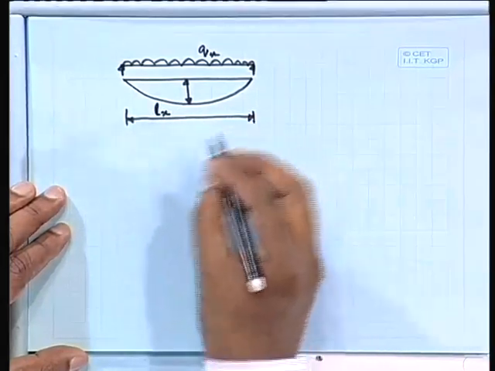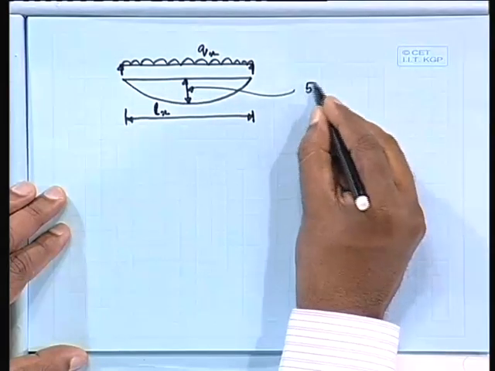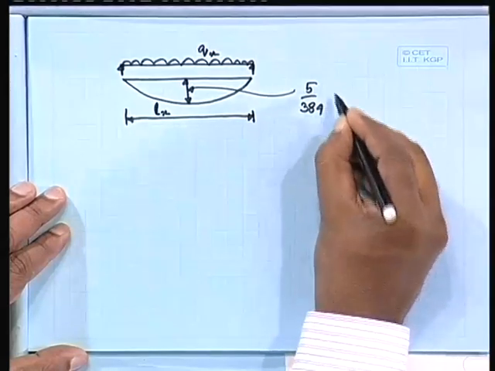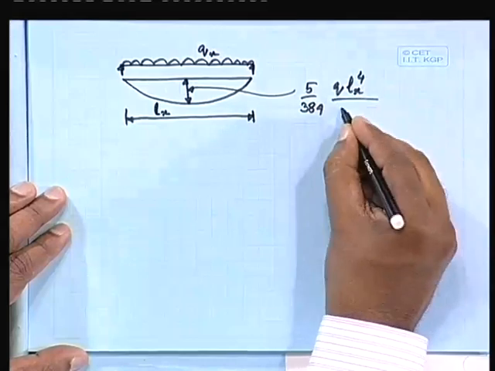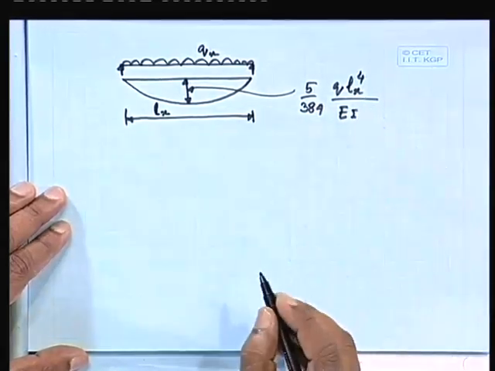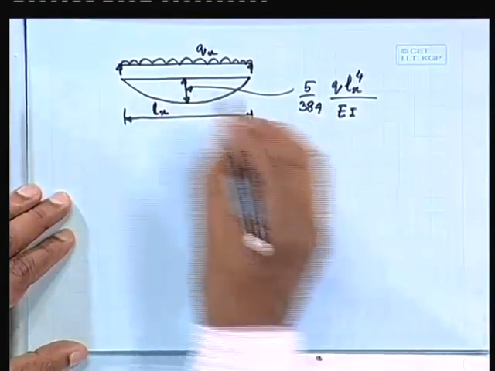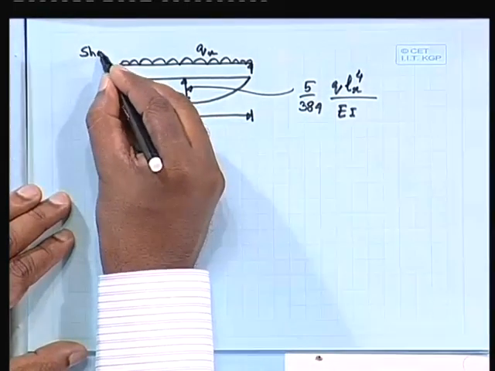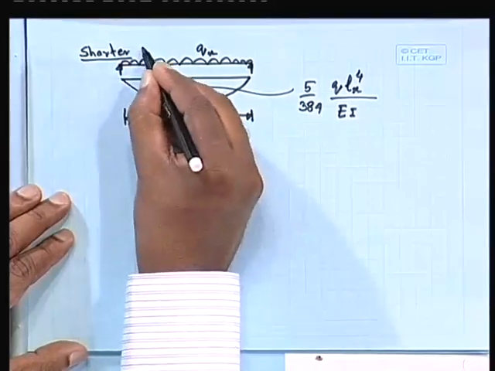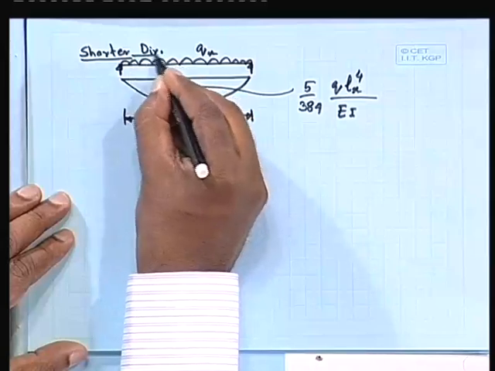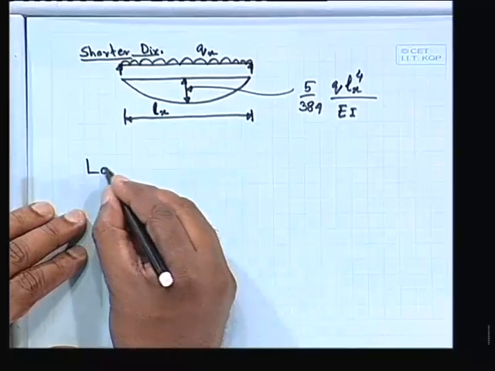So, we can write down the displacement as 5 by 384 q Lx to the power 4 by EI. This is your vertical displacement. Similarly, this is in your shorter direction. The other one is in the longer direction,